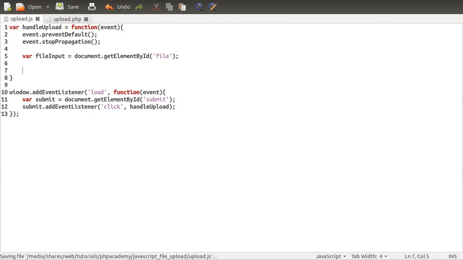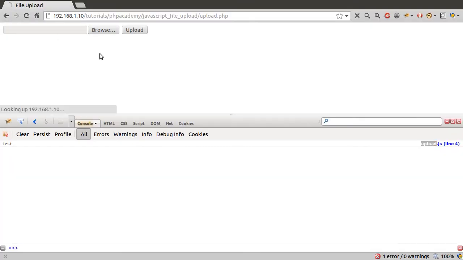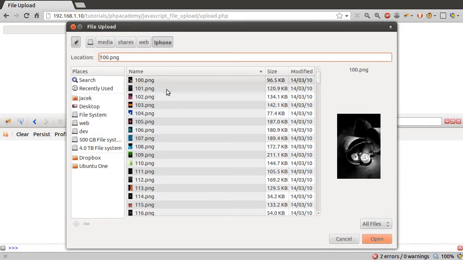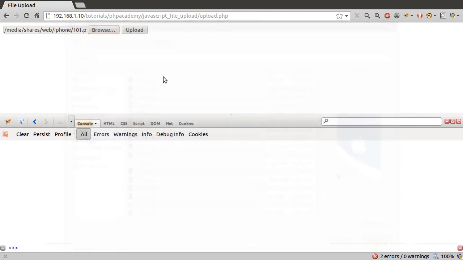So what we need to do next is get the information about the actual files that are selected. And the way we can do that is from the file input. We've got the files array. So the file input has a property called files, which has various bits of information about each file. So for the sake of testing, let's just log the length to the console so that we can see if we've actually got something that works. Let's go back to our browser, hit reload, and now when I select some files, four files, and hit upload,